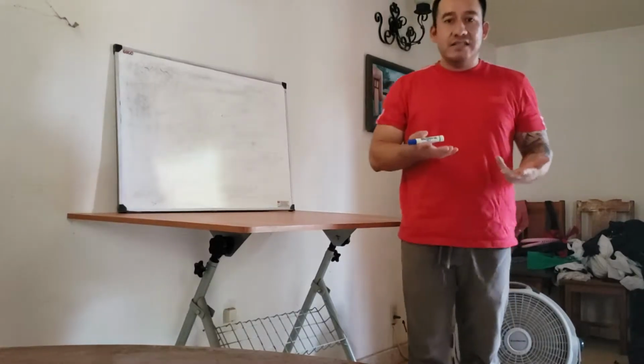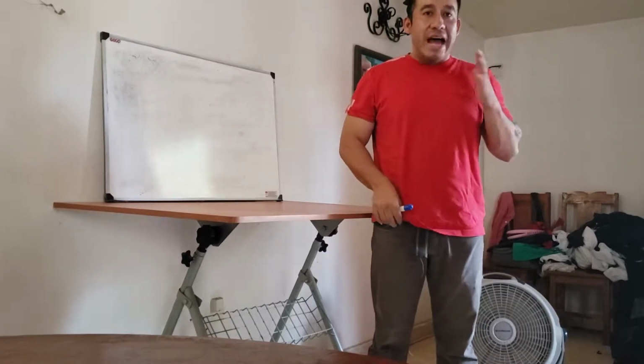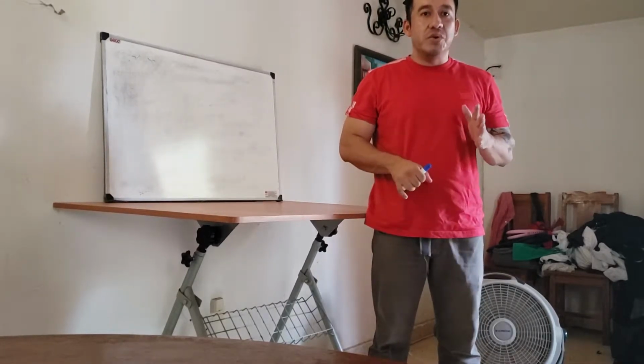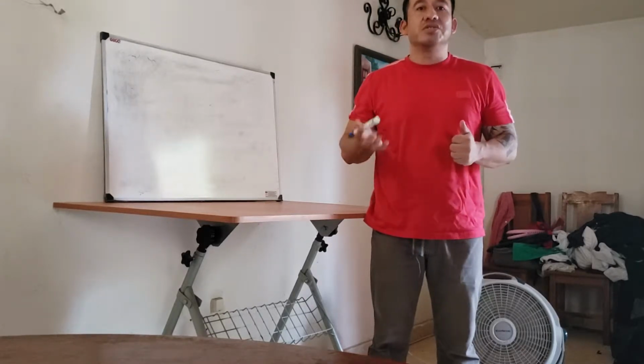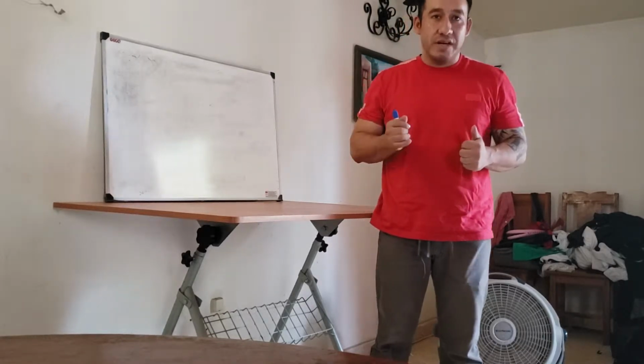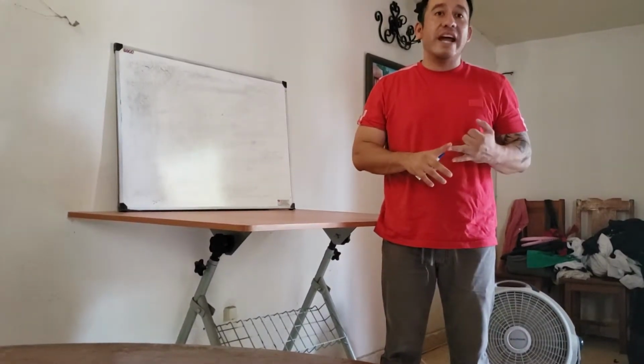For the sake of the class, I'm going to ask you to come up with 5 animals or things that you consider venomous and 5 animals or things that you consider poisonous. Okay? It can either be an animal or it can be a plant or anything that you want.